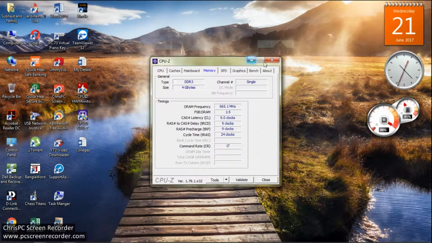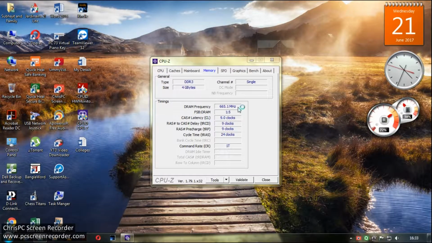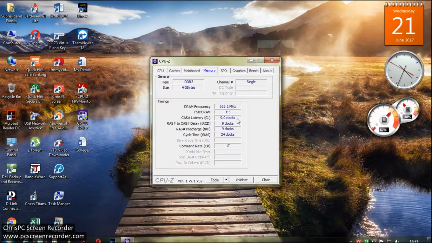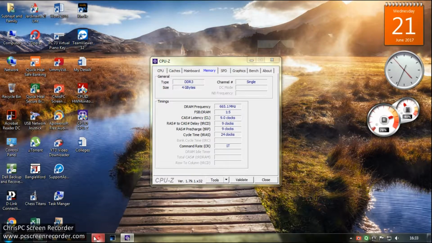Suppose you have 1600 MHz RAM frequency, but you check and the RAM frequency is 800 MHz. That is nothing to worry about. This frequency is half of the original frequency, as it determines data transfer in one direction. So you multiply it by 2 and get your RAM frequency.